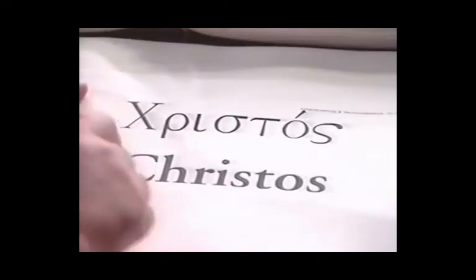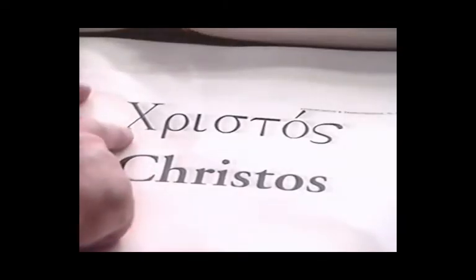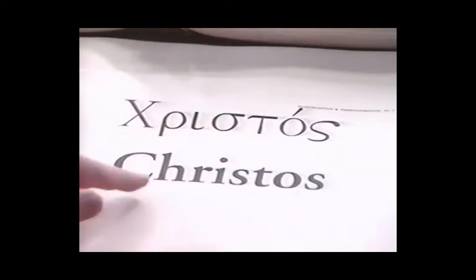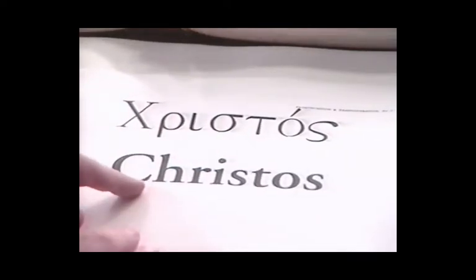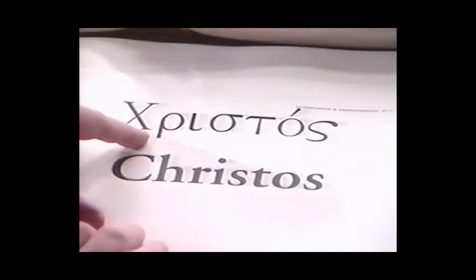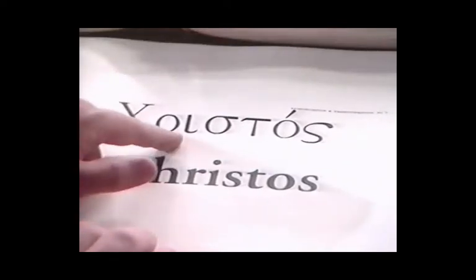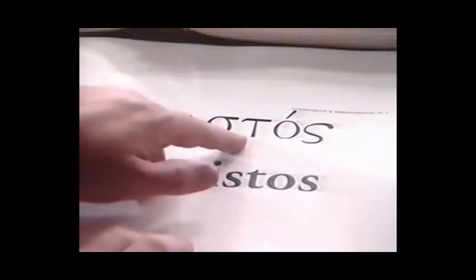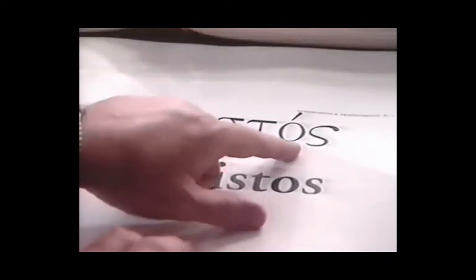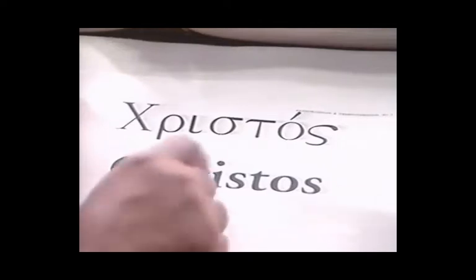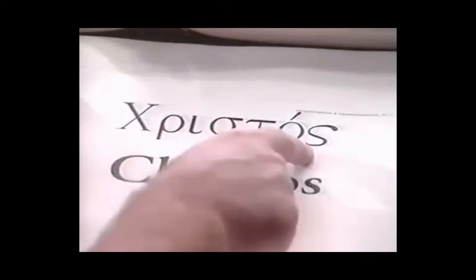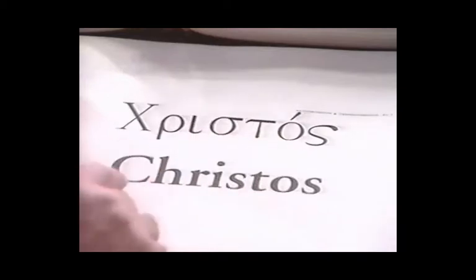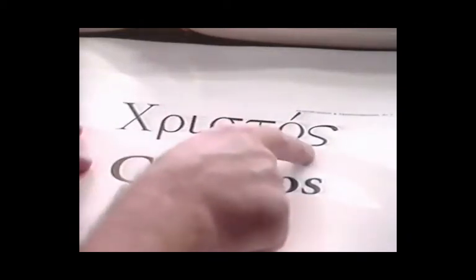The next word is the word for Christ. It begins with a key. Remember, this is not an X, but rather a CH in the Greek alphabet. The next letter looks like a P, but remember it's not. It's the Greek R. It's rho. We have chi, rho, iota, sigma, tau, omicron, and sigma. This is a good word to see the two different sigmas written. And the word is pronounced with the accent over the last syllable,